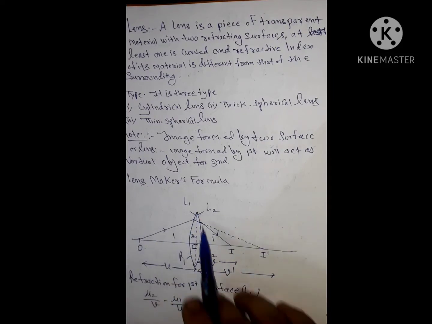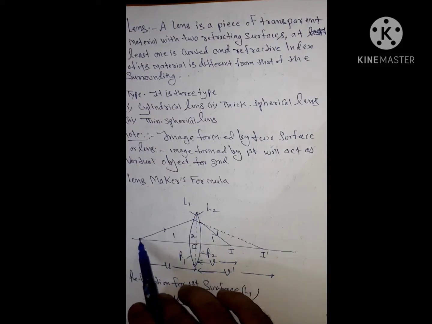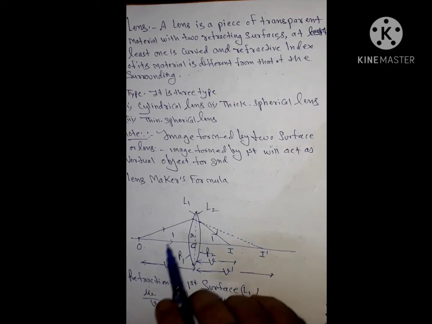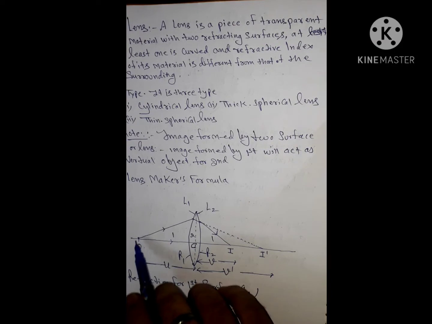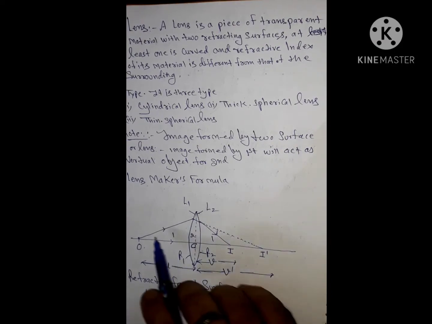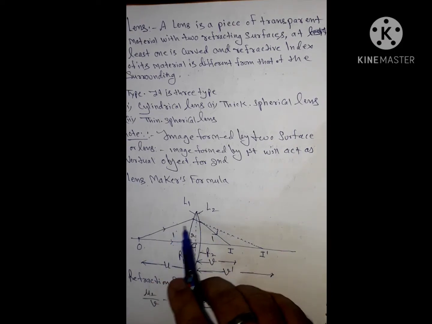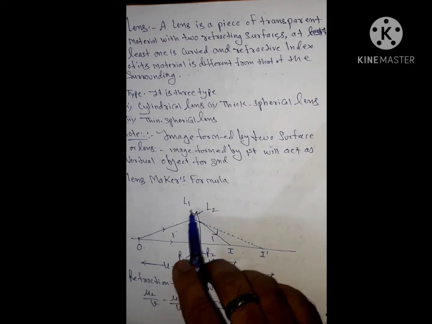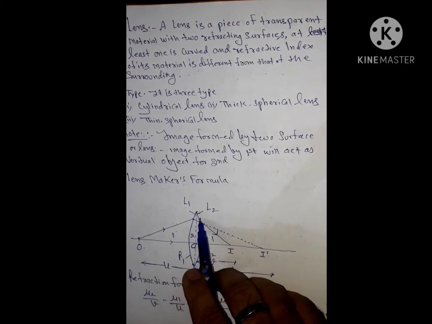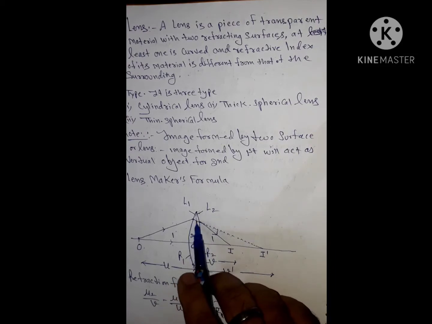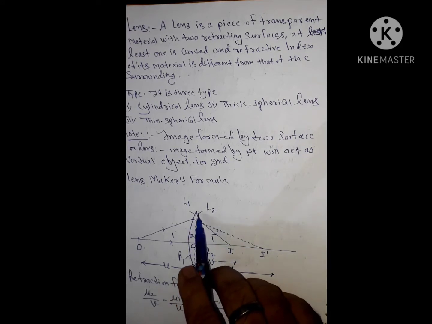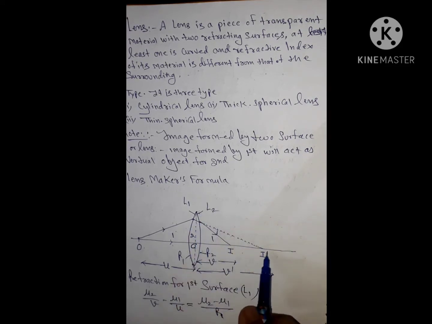This is the convex lens, with a point object. I am taking it again here for the ray diagram. Two rays: one ray normal to the curved surface, another near to the curved surface. It strikes the two curved surfaces L1 and L2 one by one. For the L1 surface, due to the property of converging rays, it bends towards the normal. In the absence of the L2 surface, suppose it will meet at the point I dash.